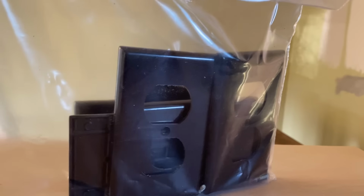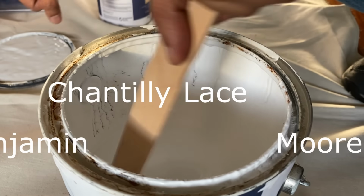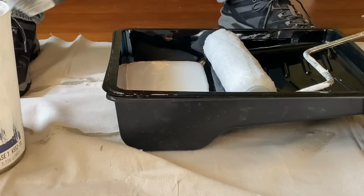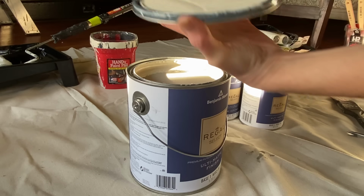I also like to take off the face plates of the electrical and light switches because you can do so many different creative things with those, which I'll get into in just a few moments. I still have some leftover Benjamin Moore in the Chantilly Lace, and it's a pretty white, so I figured, you know what, I'm going to use that up before I buy any more, so I can apply that to the